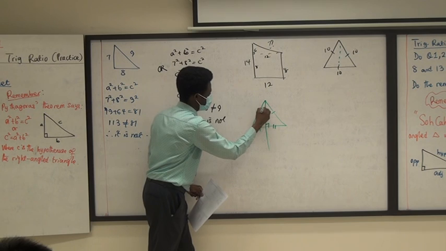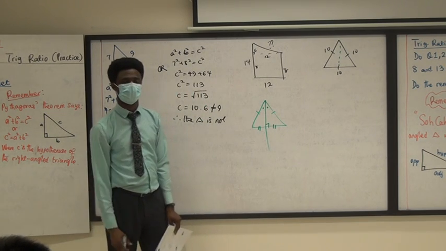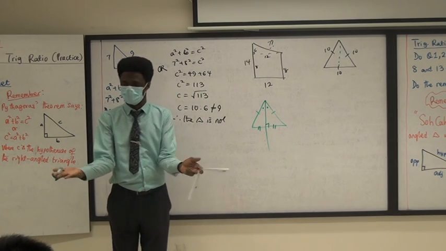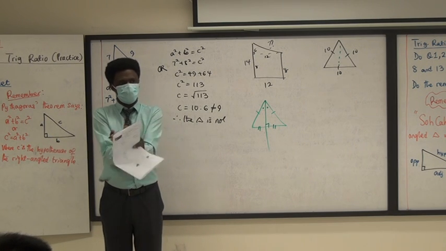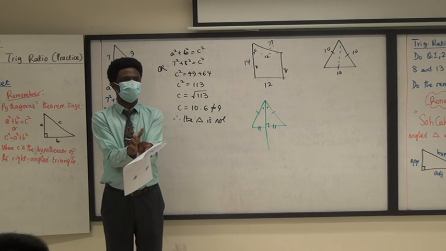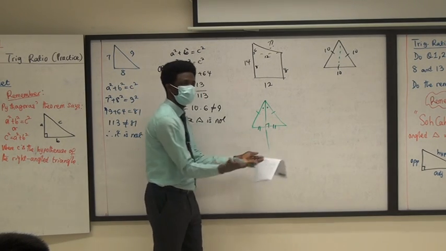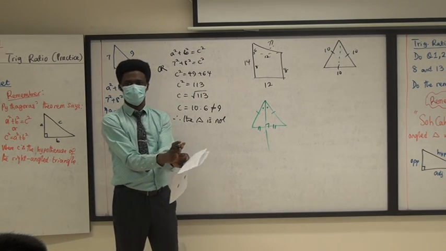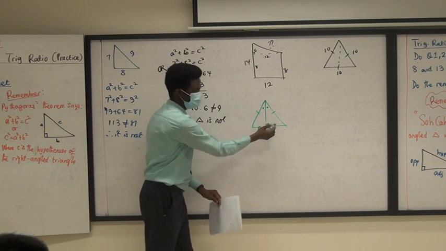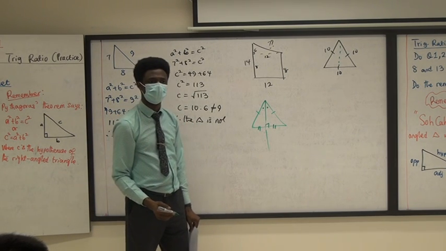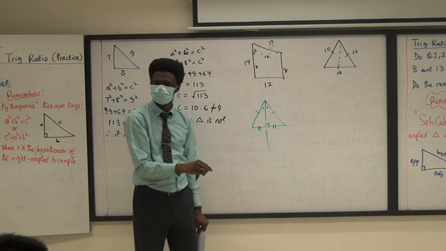In fact, this angle will be equal to this angle, because it has to be congruent. Congruent means when you put them together, they will fit as one shape. So if we fold this triangle along this path, it will fit together, which means this angle must be this angle, this line must be this line. An equilateral triangle